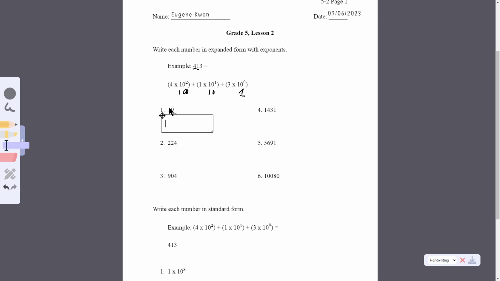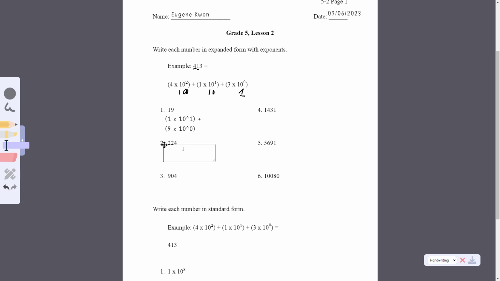We know that the 1 in the tens place is equal to 1 times 10 to the first power, because we see that in the example up here, and we know that the 1 is in the tens place, so we can just multiply it by 1 to get the 10. After that, all we have to do is add the number in the ones place, which here will be 9. So you would add 9 times 10 to the 0th power. That would be your answer. Number 2,